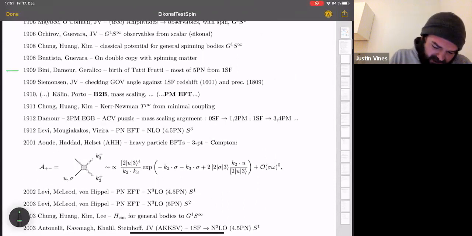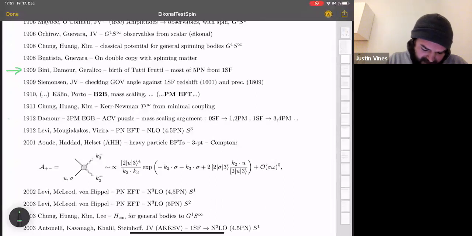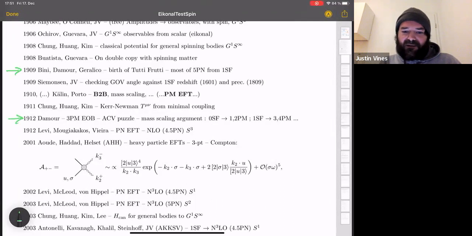Yeah, this. So we heard a lot yesterday about Tutti Frutti. And that the birth of Tutti Frutti was in September 2019 when Bini, Damour and Geralico showed us how to get most of 5PN from first order self-force. And that was crucially relying on this mass scaling argument that Thibault explained to us in December of 2019. Which, you know, now 2 years later, everyone takes it for granted that